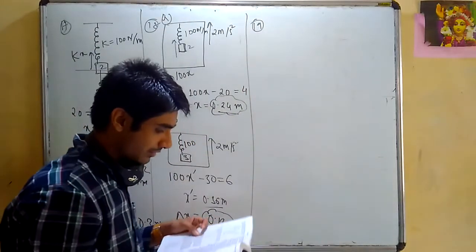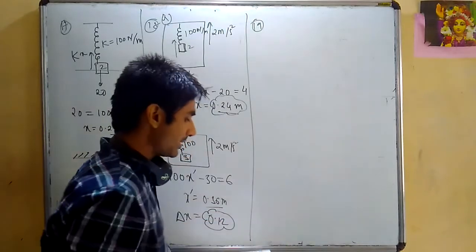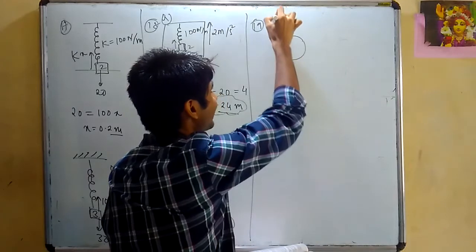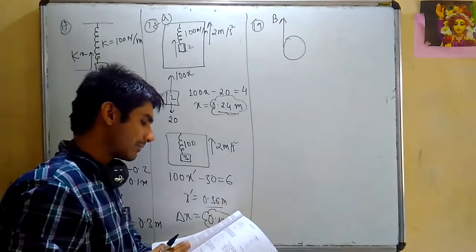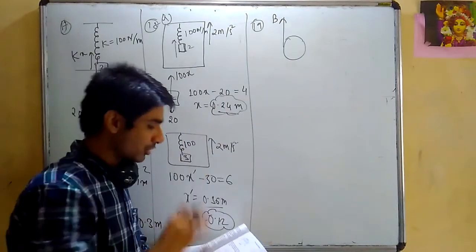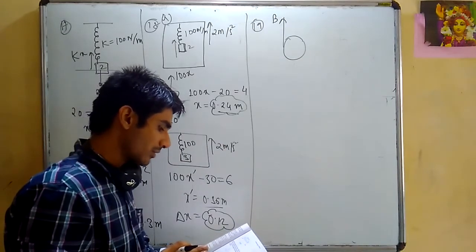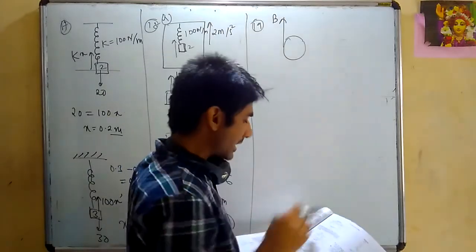Now let us move to question number 19. What is question number 19? You check. Force of buoyancy exerted by the atmosphere on a balloon is B. Let us have a balloon here, and the force of buoyancy acts in the upward direction. Force of buoyancy exerted by the atmosphere on a balloon is B in the upward direction and remains constant, and this B is constant, which is given in the question. The force of air resistance on the balloon acts opposite to the direction of velocity.